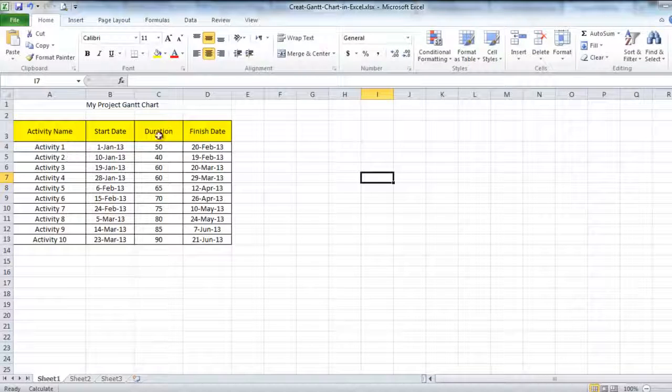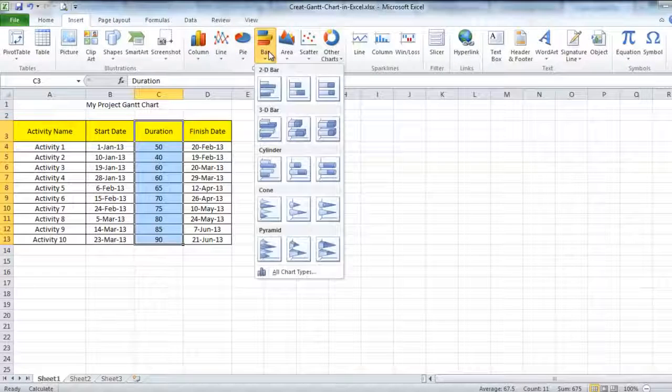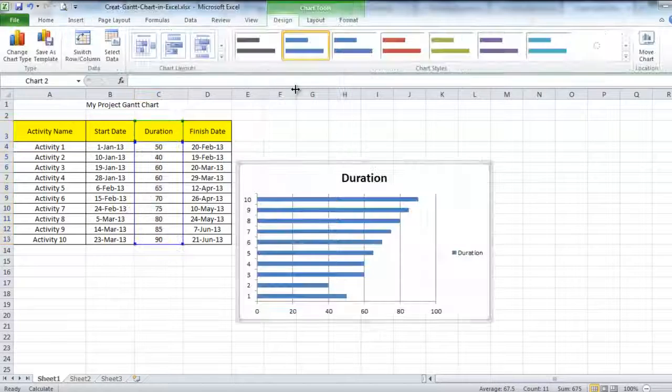If you have a table like this that contains activity names, the start date and the duration, we want to create a bar chart in very simple steps. So first of all, we go to Insert, bar, then we choose the second one, stacked bar,